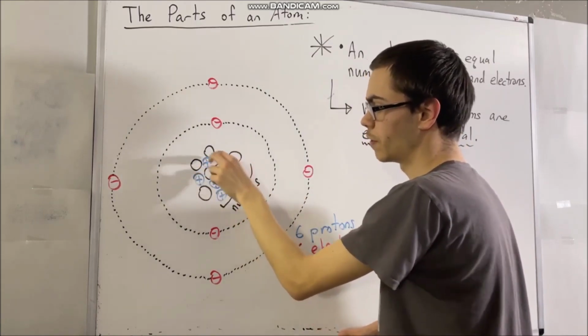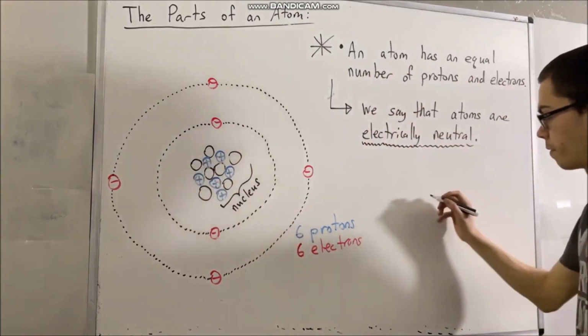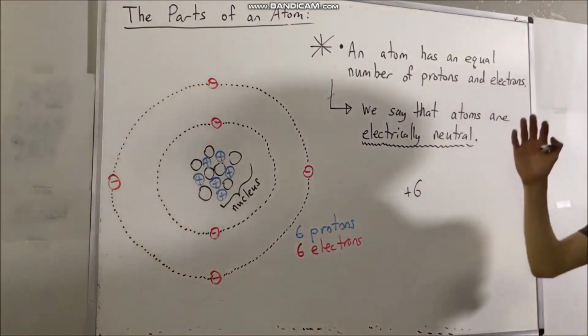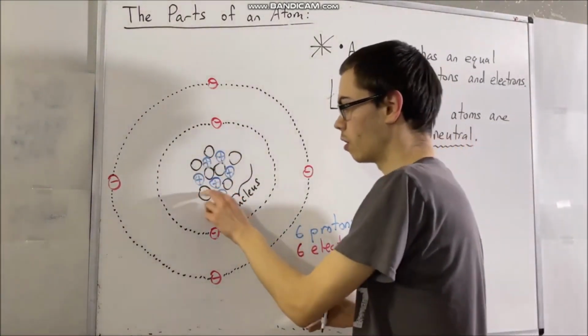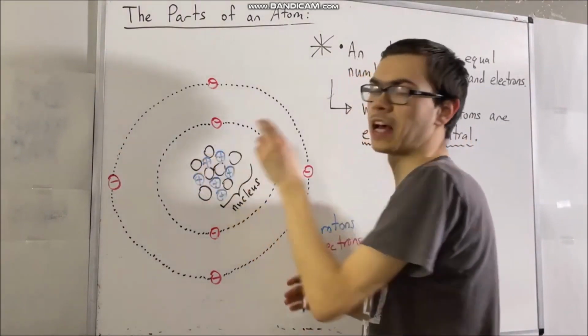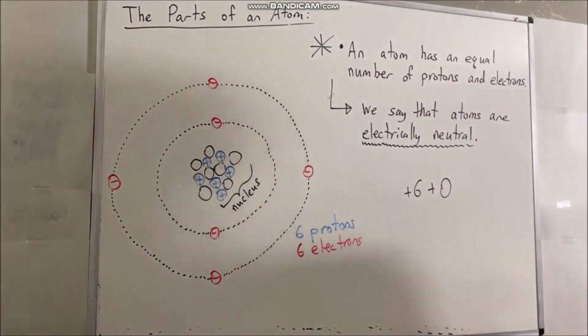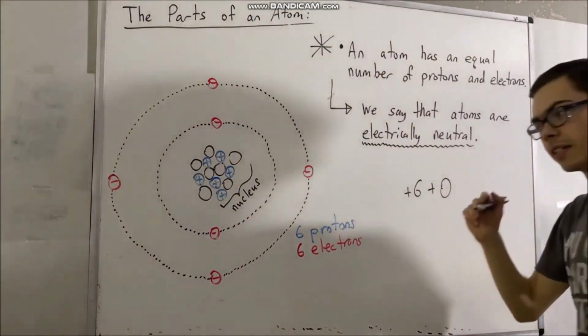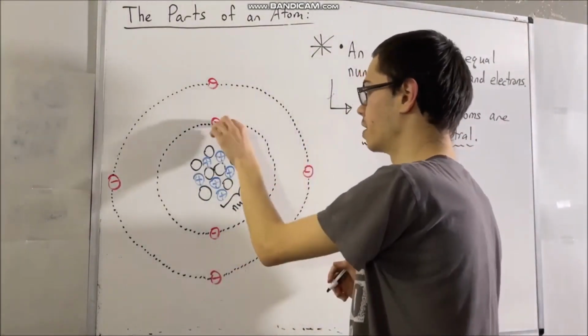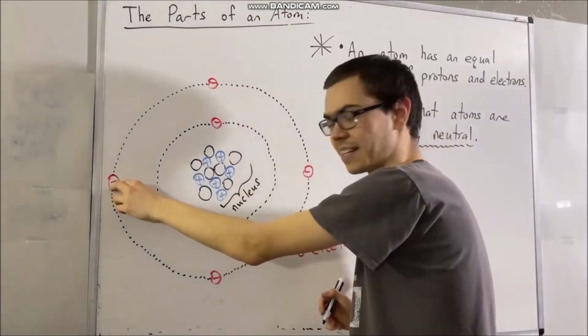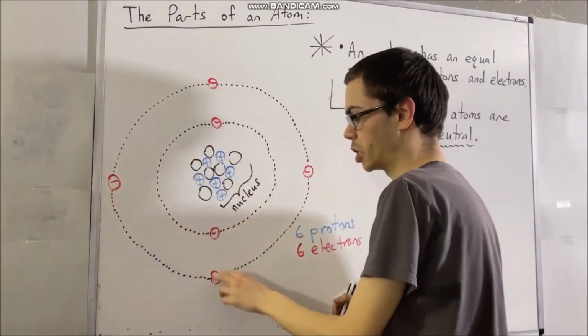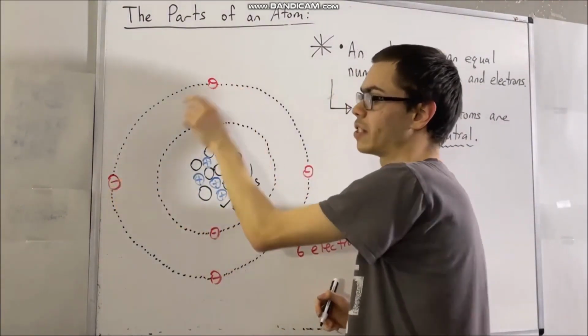So really, we have a total charge of +6 coming from the protons. As for the total charge of all the neutrons, well, we know that neutrons have 0 charge, so the total charges of all the neutrons is 0. And lastly, the total charges of all the electrons is going to be -6, because we know that each electron has a -1 charge,